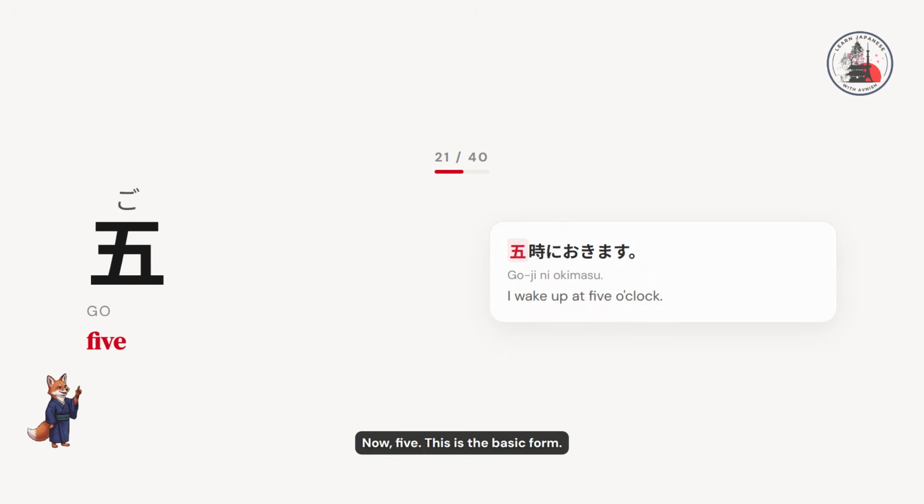Now, 5. This is the basic form. 5、5。 Example. 5時に起きます。